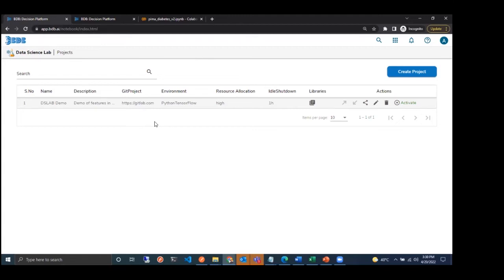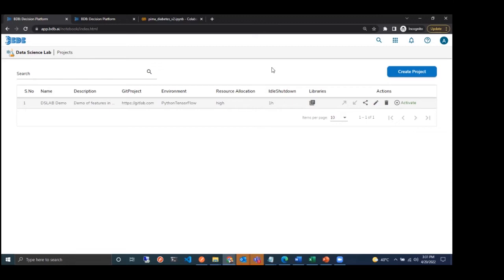So we can also do version control management. We can push the code to GitLab. We can pull the version whichever we want from GitLab. That is also possible, and that's a very cool feature that helps us to do version management of the code that we have. And then you have resource allocation, idle shutdown. So we'll see all of these things, but usually the screen comes up blank if you do not have any project created. So we did two things till now, I uploaded one data set into Data Sandbox, and I downloaded